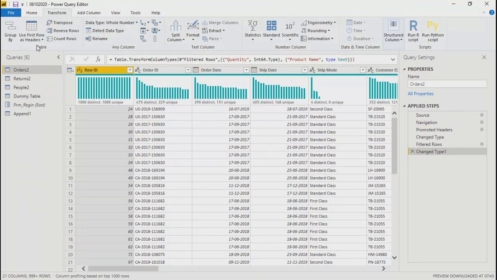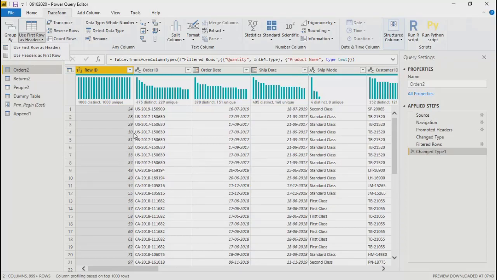Then you have use first row as headers. So this option can be used, like you can use the first row as a header. The headers will be replaced by the values in the first row, or vice versa. The other option is use headers as first row. So whatever values you have in the headers, if you use the second option, will be added as values in row 1, and you will get column 1, column 2, column 3, column 4, like that, right? So that transformation, changing first row into header or header into first row, you can perform over here.